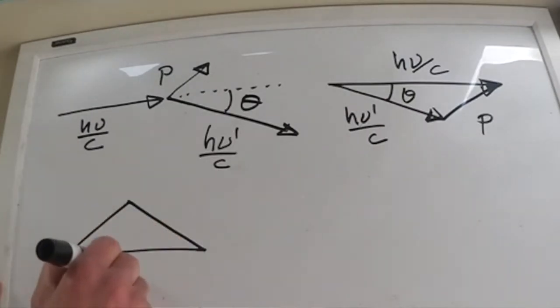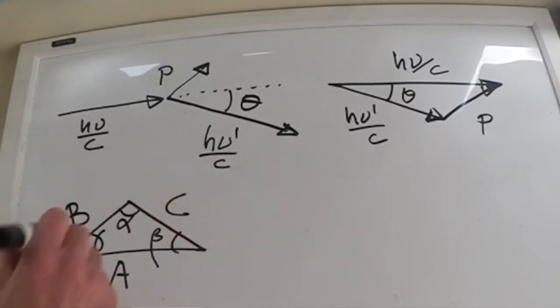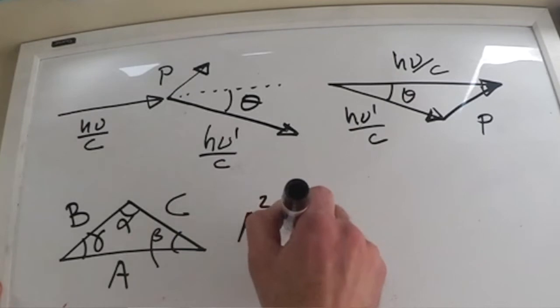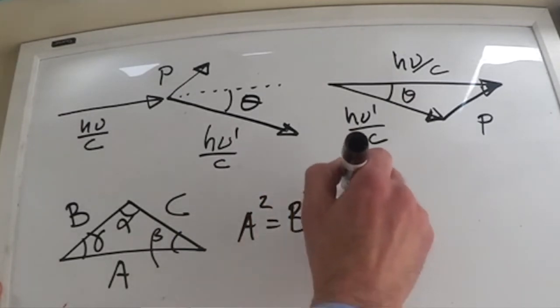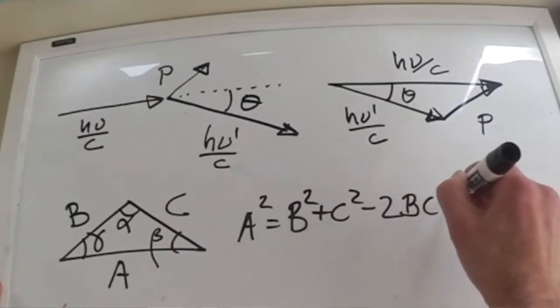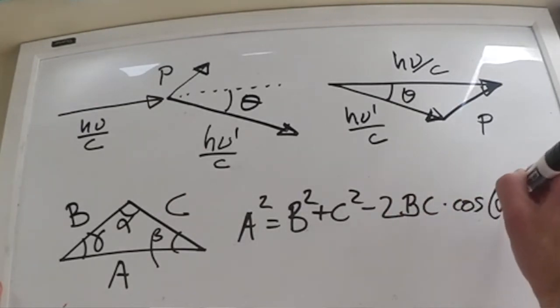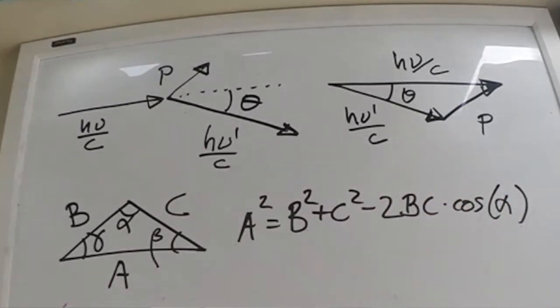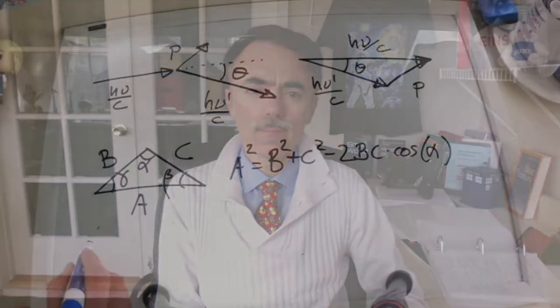Using the law of cosines, which says that the square of one side is equal to the sum of the squares of the other two sides minus twice the product of those sides times the cosine of the angle between them, we apply this theorem here and we get